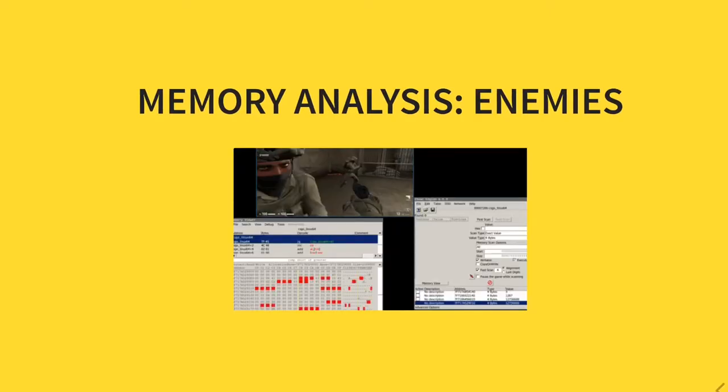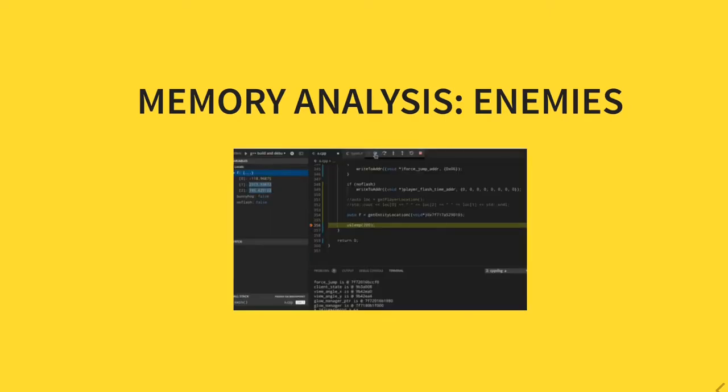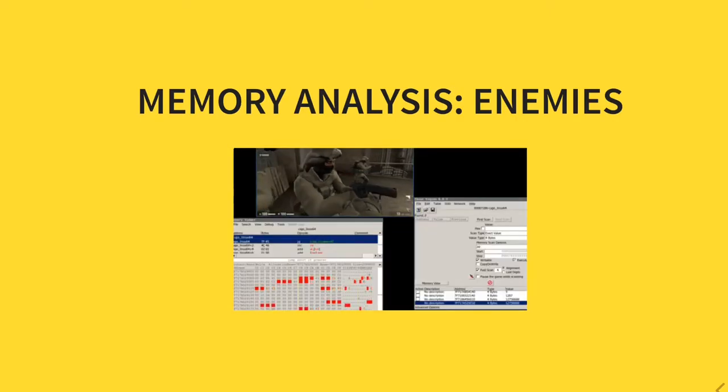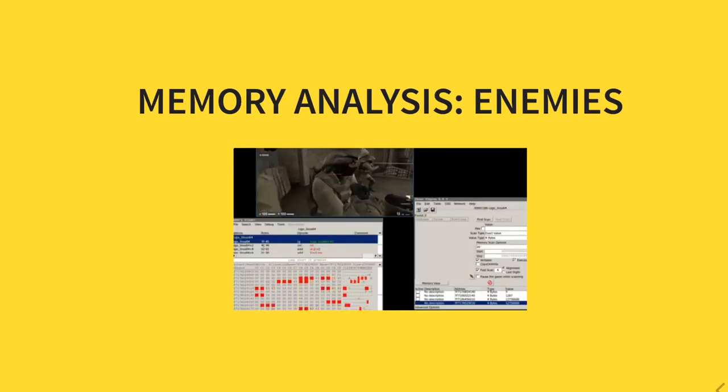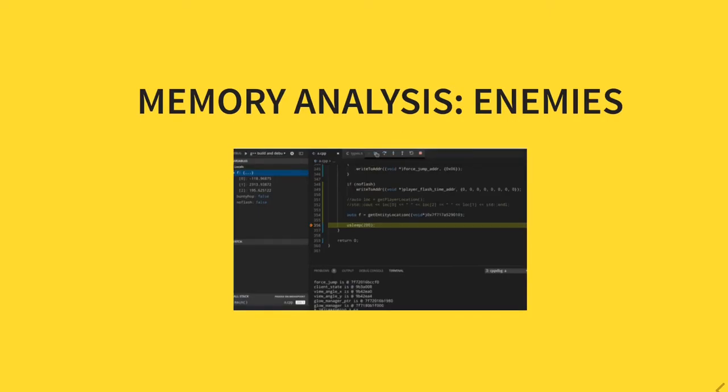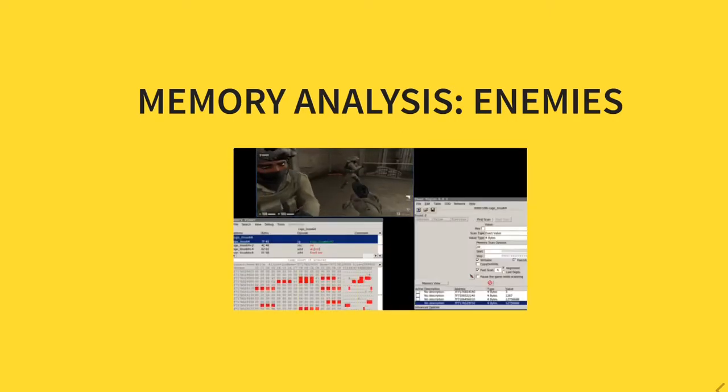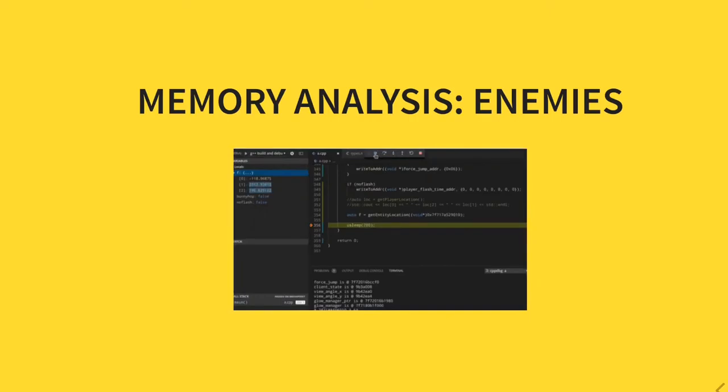I've created a game with bots and I've typed in some commands so that they are frozen. And then I pushed them up hills and pushed them down, and I performed some scans in Cheat Engine to see increasing and decreasing values. You need to do that all over again, and eventually you'll end up with values that seem to be coordinates, and you can verify it by displaying them on the screen and pushing the enemy and